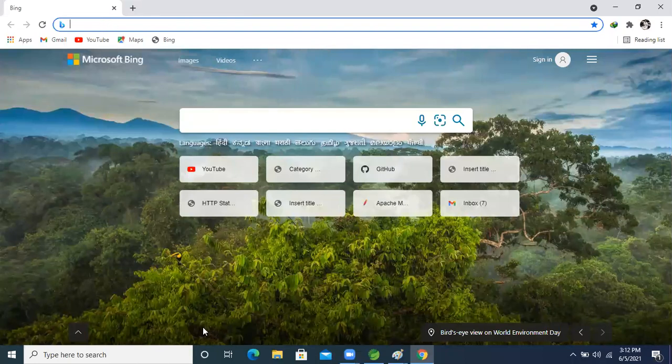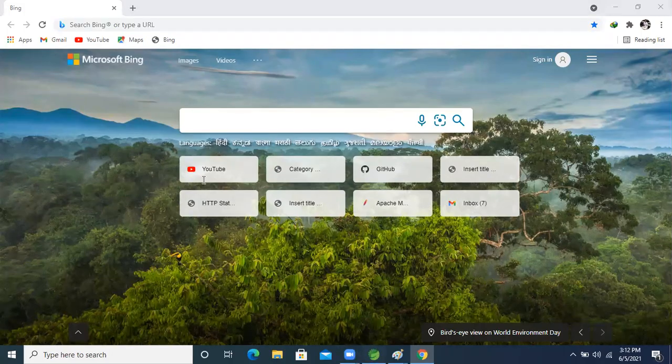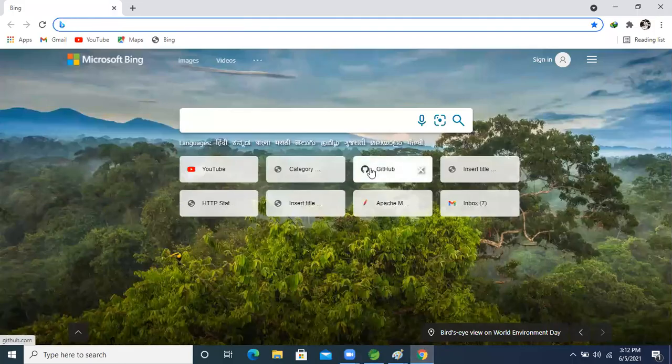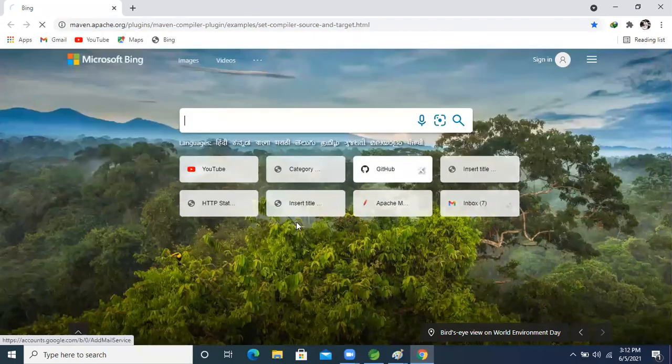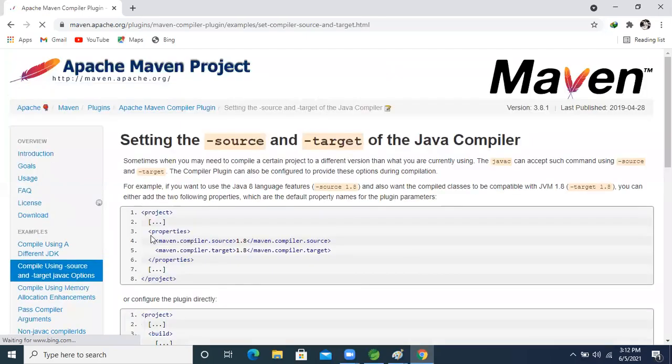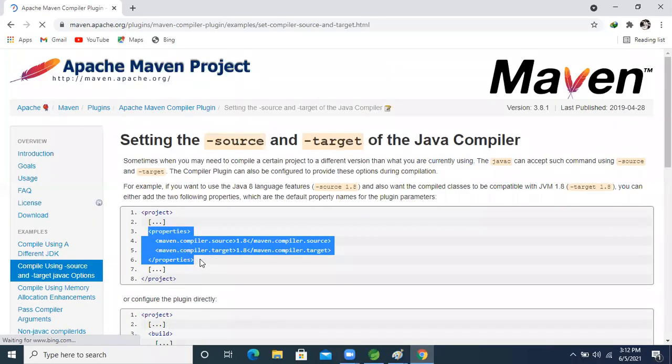Sorry for that disturbance. What we will do now is take the Maven compiler plugin to change the Java version to Java 8, right? Now copy this one.